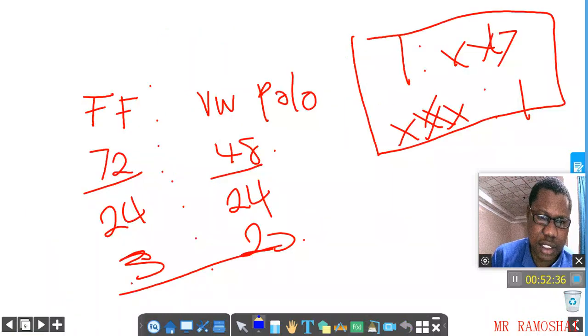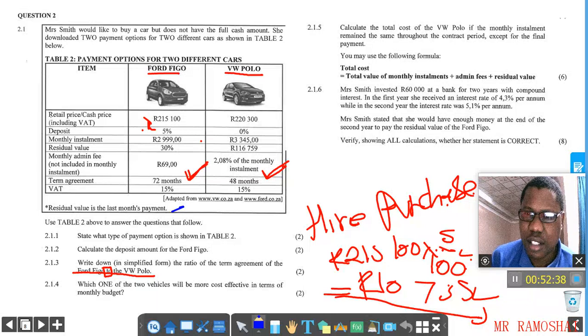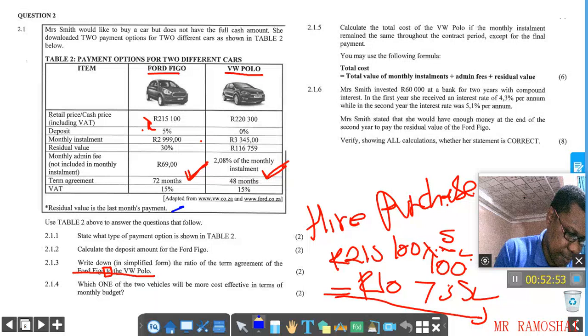Is it admin fees? Yeah, I think it's admin fee. So the monthly admin fee, they say 2% of the monthly installment. How much is our monthly installment? So we can go straight and say this multiplied